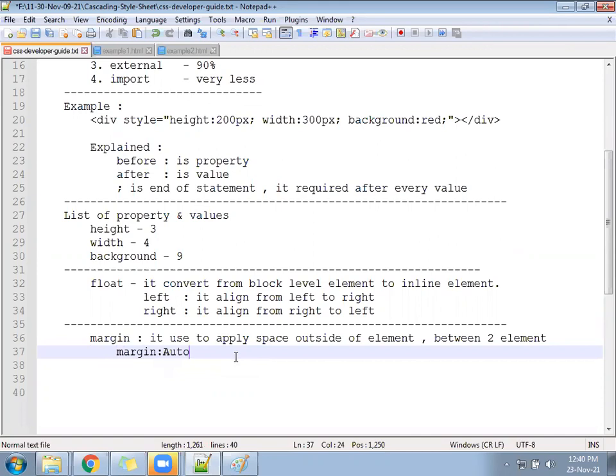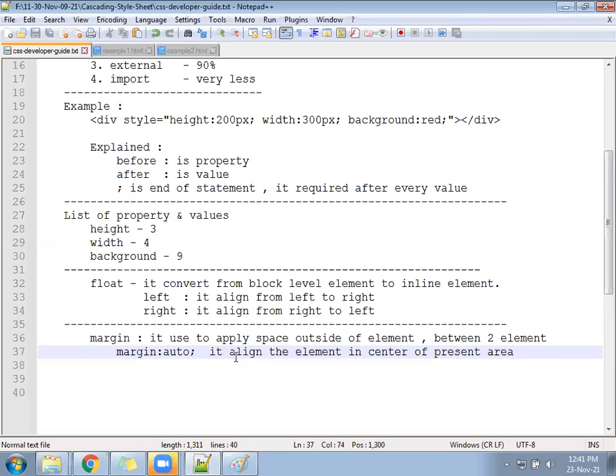Margin auto aligns the element in the center of the present area.